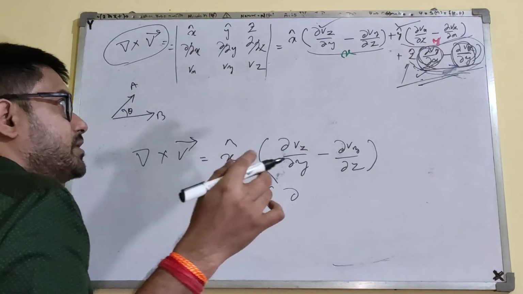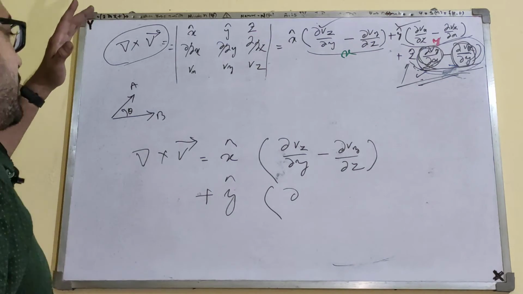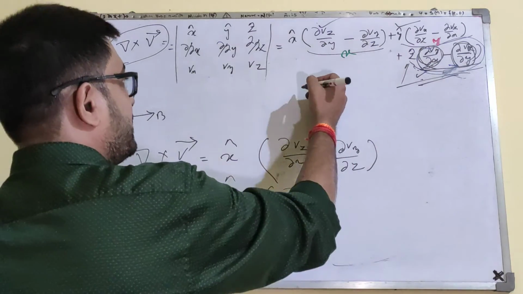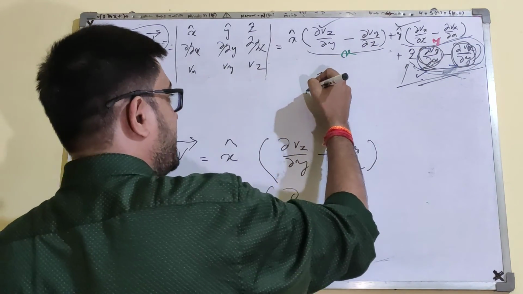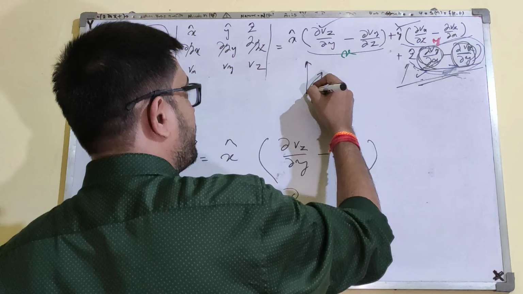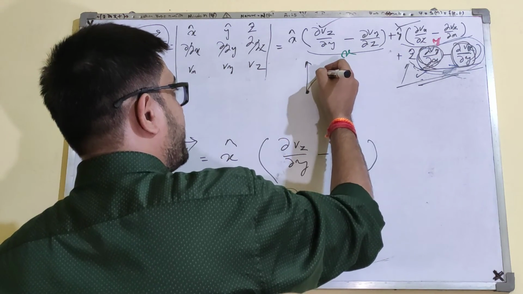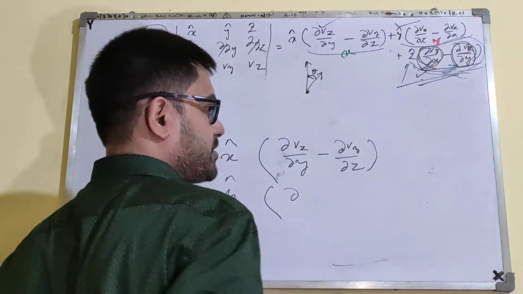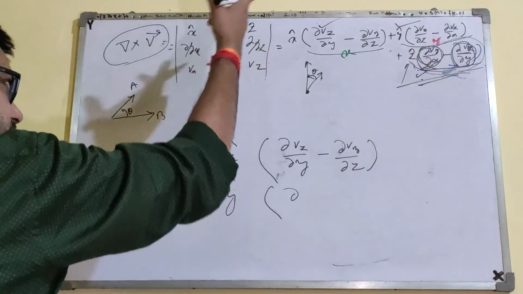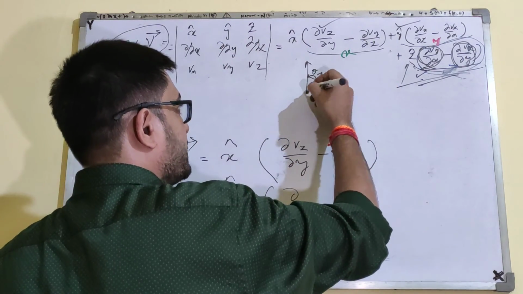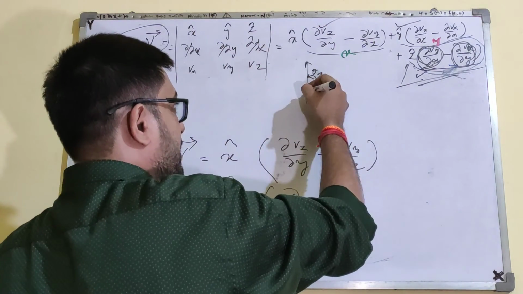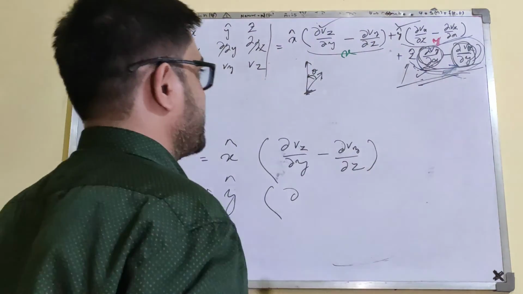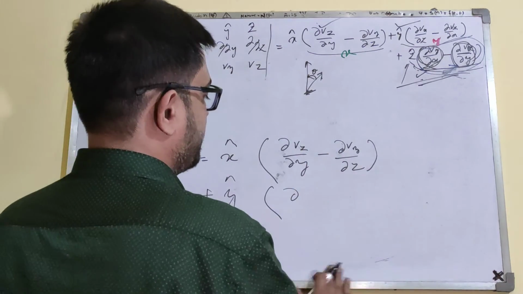Now I think you must have understood why the concept of cross product is essential to find the curl. Because if the field has a curl around some point, that means while moving from one point to the other point, the vectors would rotate by some angle theta. Whether clockwise or anti-clockwise, it doesn't matter. So when you take all the points in the neighborhood of the reference point, you will have a net tendency of anti-clockwise rotation or a clockwise rotation. So that is why this formulation is essential.